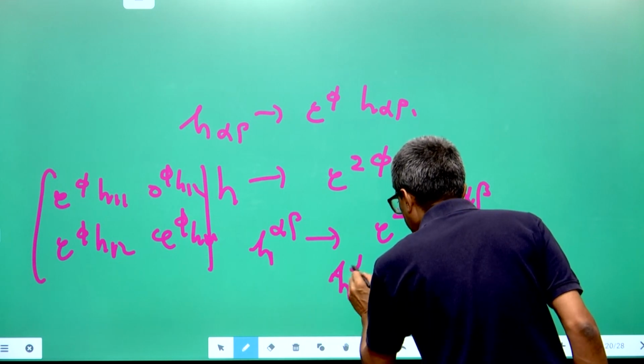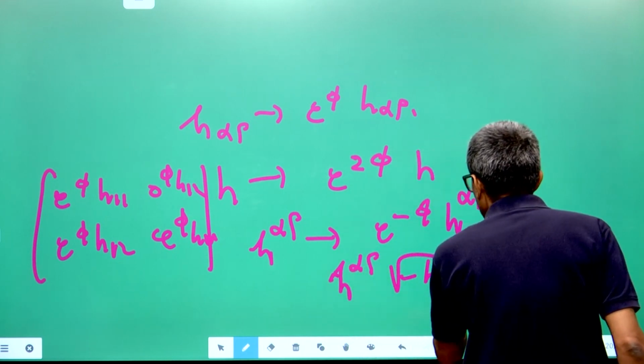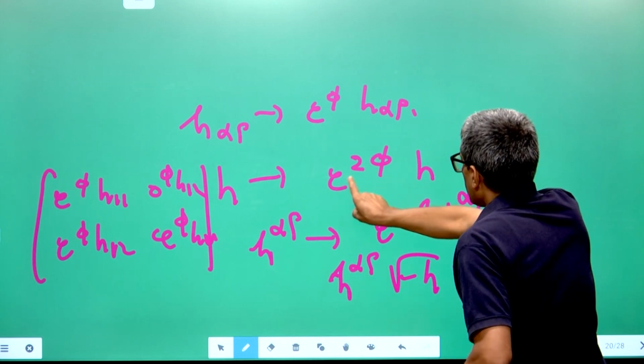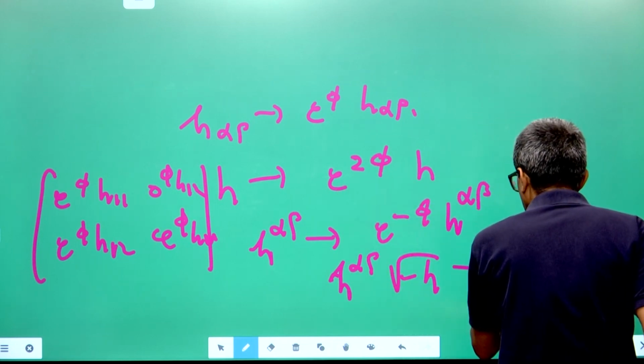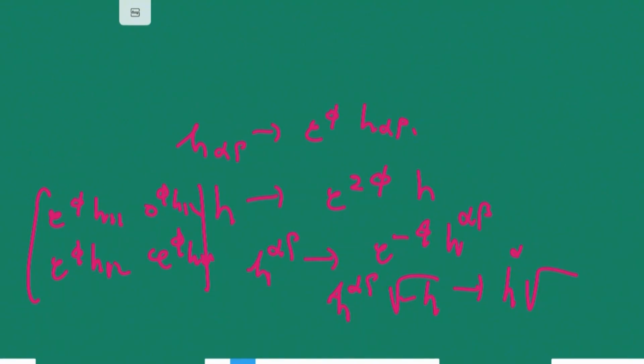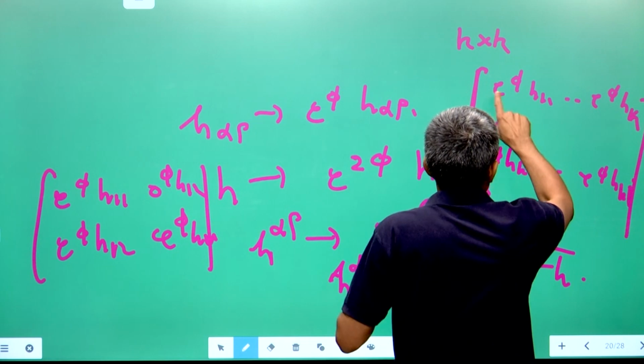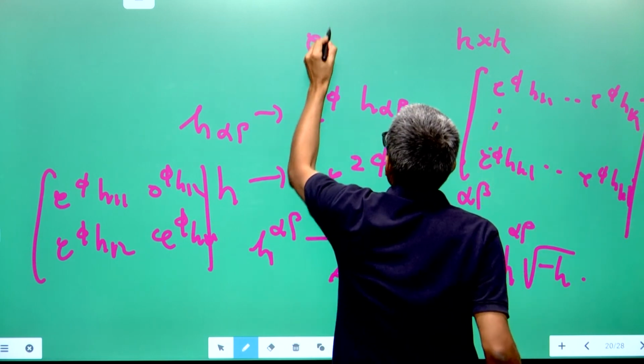So if you look at h alpha beta root minus h, that will go to square root of this, which is e power 2 phi, e power phi times e power minus phi. So that will go to h alpha beta root minus h. So that will remain invariant, right? But if you look at, for example, a higher dimensional case, let us say it is a k cross k matrix. If h is a k cross k matrix, then you multiply each term: e power phi h11 etc., e power phi h1k etc., e power phi hk1 etc., e power phi hkk. The determinant of this is what? Here you pull out an e power phi from each row, so it will become e power k phi,